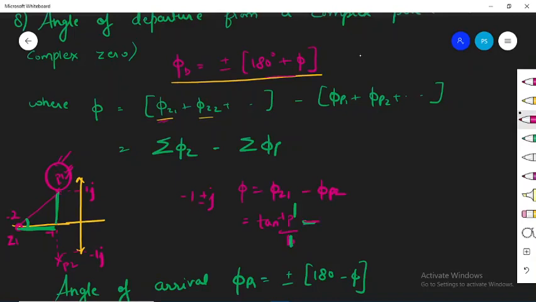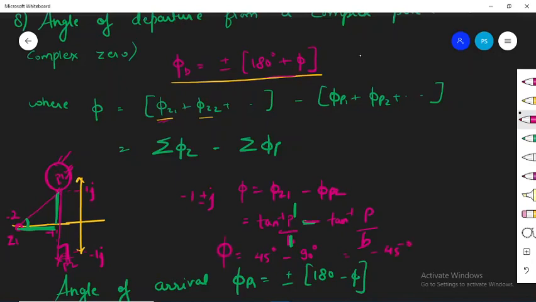phi p2. So what is the angle which this complex pole is making with p1? How much angle will this be? That also you can write directly, or otherwise tan inverse again of perpendicular by base. Using the perpendicular and base, you can calculate it. So this will be clear. Tan inverse 1 is 45 degree, minus, as you can see, this is making 90 degree with it. So this will become 45 minus 90, that is minus 45 degree.